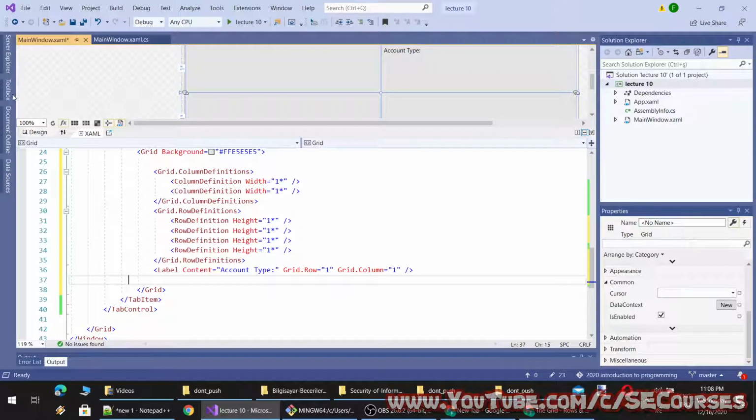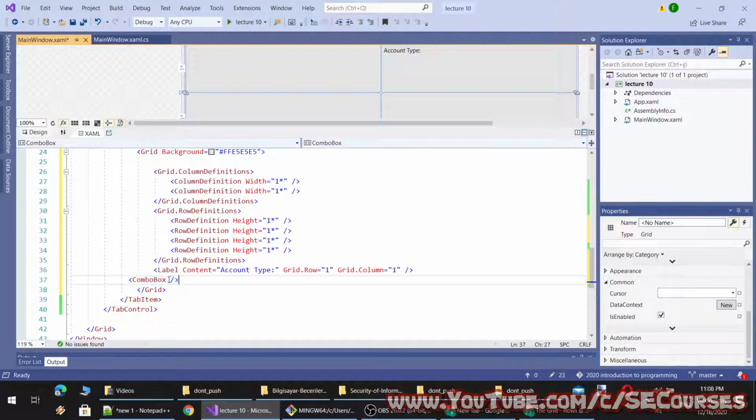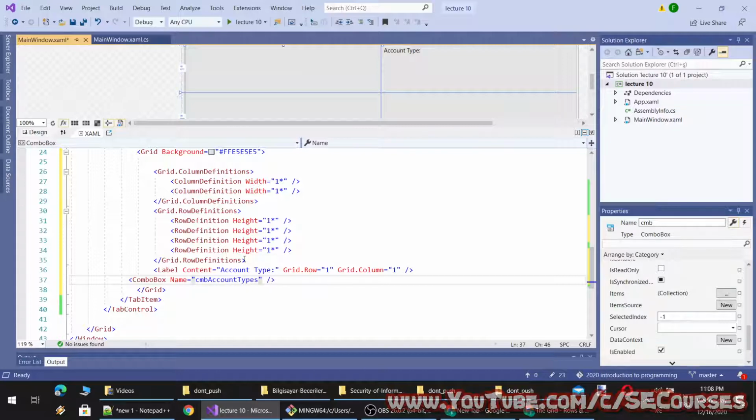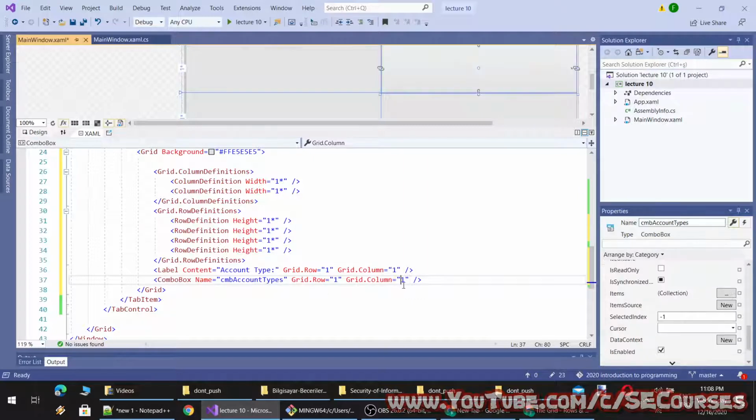Sorry about that. The first option will be a combo box, and let's name it account types. So this will be grid row 1 and grid column 2.